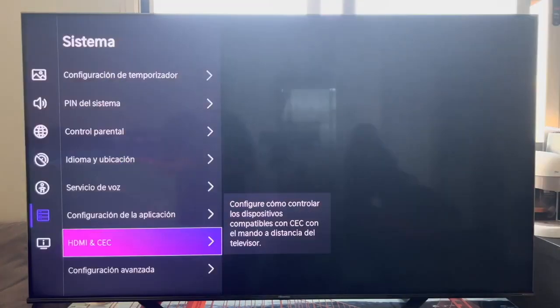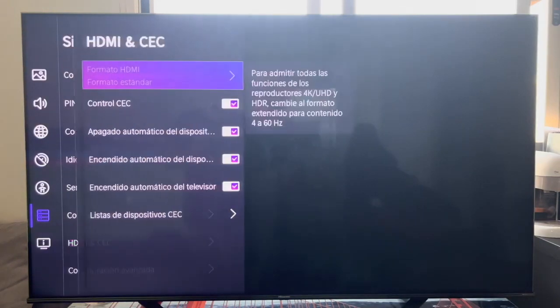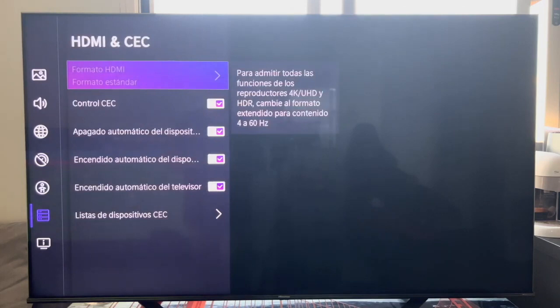We continue with one of the important options of the system section, which is HDMI and CEC. This section controls the HDMI settings. When I connected the PlayStation 5 and I started to play, I realized that the games did not accept HDR, nor VRR, nor let me play at 120 Hz, despite being connected to one of the 2.1 ports of the TV. And it is because once we have connected the console, we have to come here, to this section, and